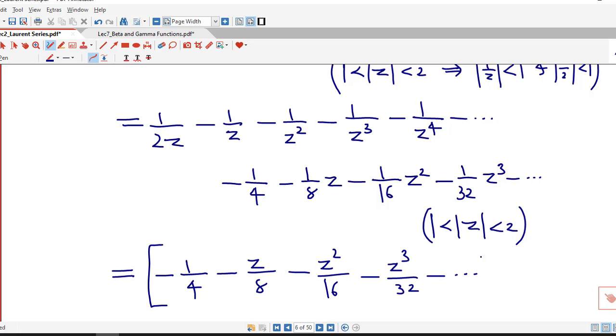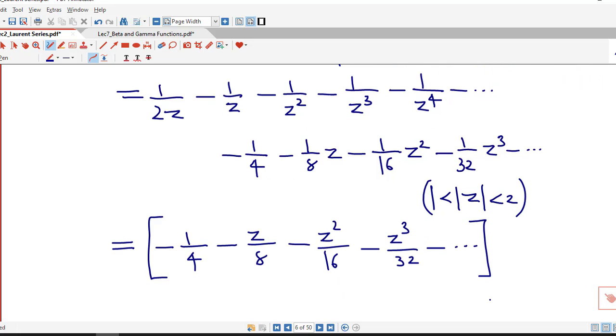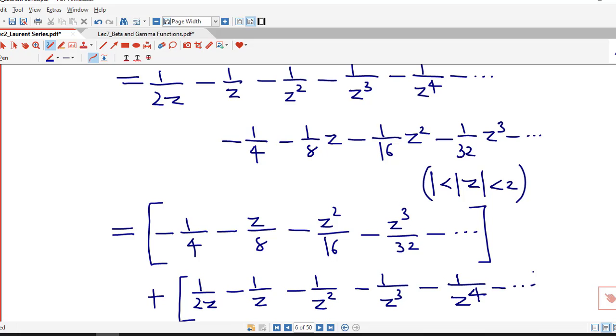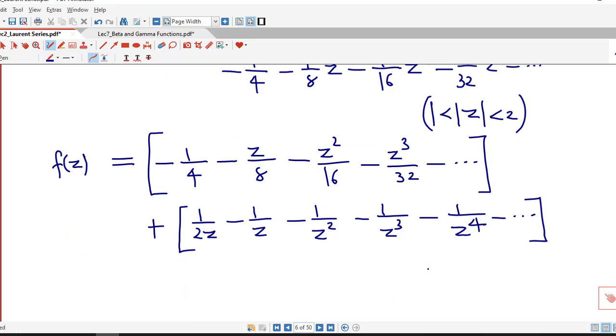This series contains the non-negative powers of z, and plus we can write this 1 by 2z minus 1 by z minus 1 by z square minus 1 by z cube, and so on. So this is the Laurent series expansion in the domain 1 less than mod z less than 2. So this Laurent series has infinite number of negative powers of z also, and positive powers of z are also infinite. Now we consider the last